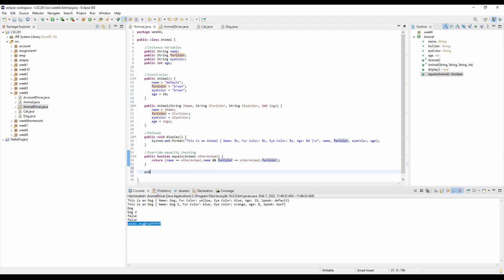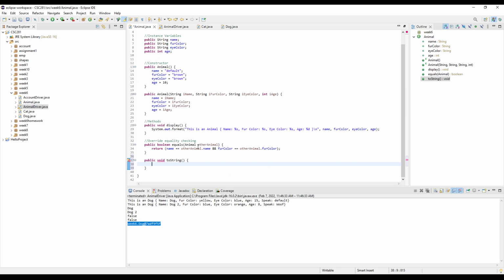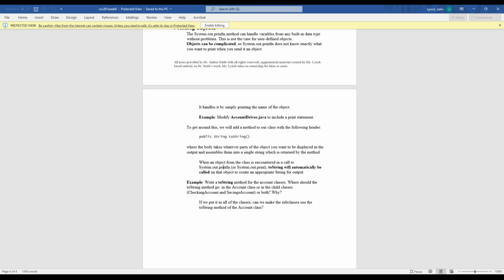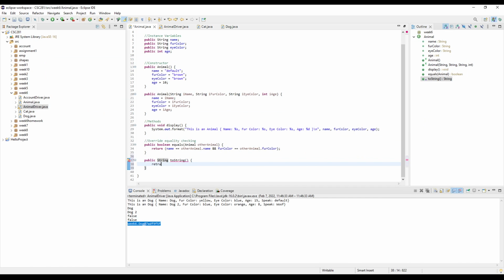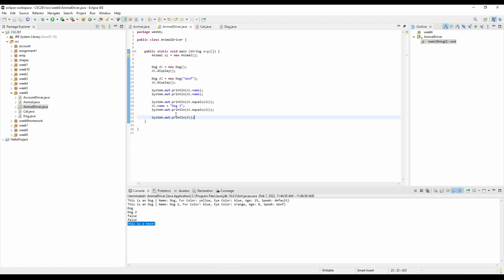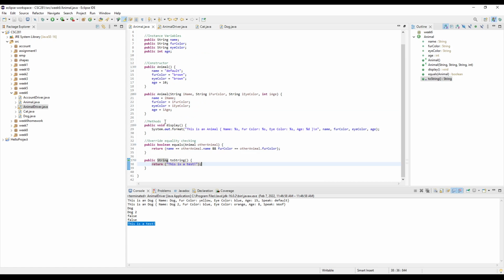So what I could do to fix this is I can say public void toString, oops, sorry, public String toString. Let's just see here. And what I can say here is return, for the time being, let's just return this is a test. And let's see what happens when I run my code. You'll notice that I just get the D1 statement of toString. And what we can return instead here is something like this is the